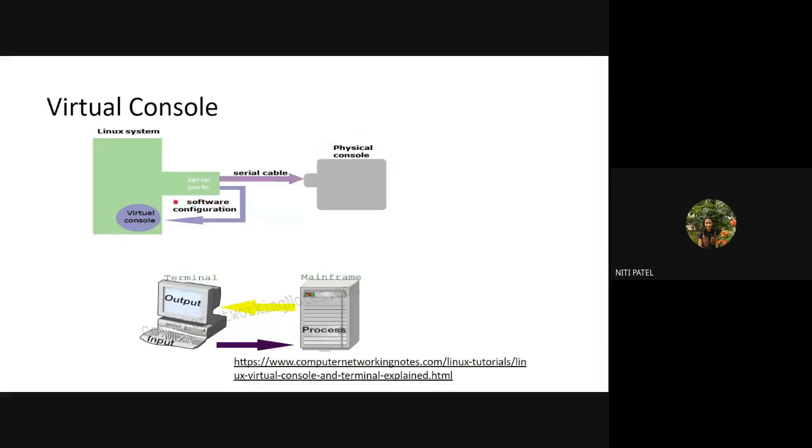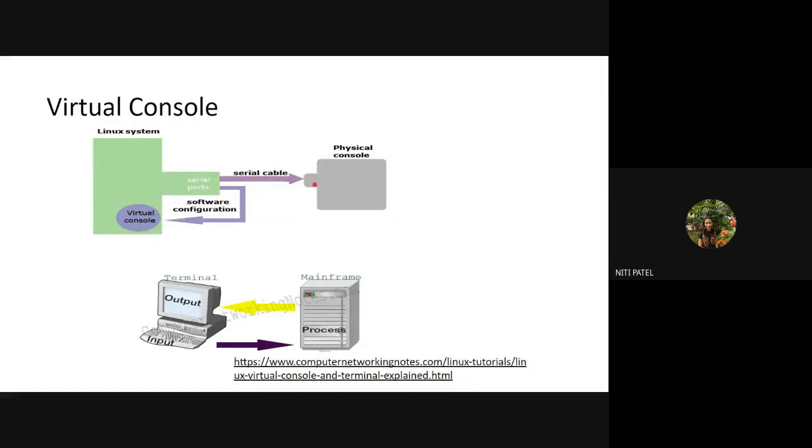Now what is happening is, if you see the above diagram, I have a Linux system. That means this is a computer where my Linux is installed. I have one serial port to which a serial cable is connected. Where is that serial cable connected? It is connected to some other computer. And how is this connection done? It is done with the help of a network. Between these two computers, I have a network also, and both the computers are connected with a network as well as with a serial cable.